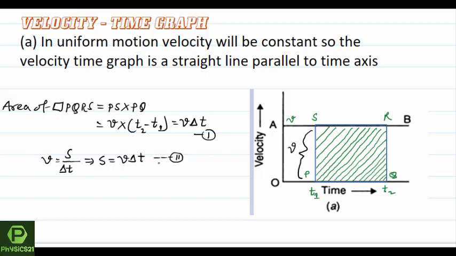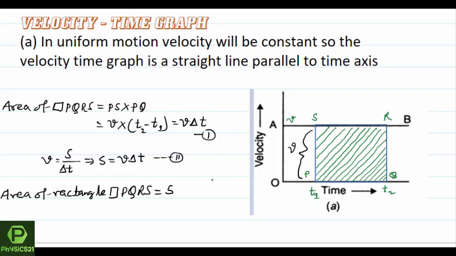So from 1 and 2 it is clear area of rectangle PQRS is equal to displacement. Displacement means S. So this is the importance of velocity time graph. Remember, in all types of velocity time graph, the area under velocity time graph and the time axis will represent the